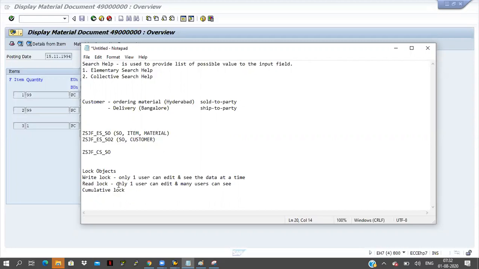Only one user can edit. At the same time I can open it in another system also, but I cannot edit, I can only see. And the cumulative lock is there: several users can edit and see at a time.